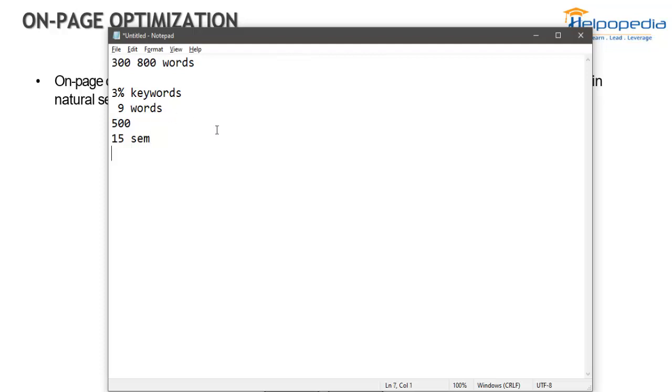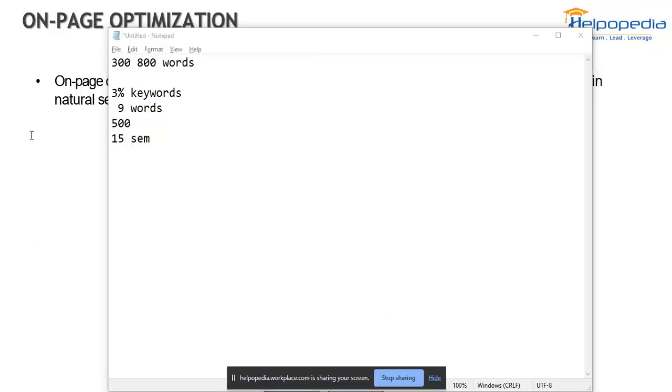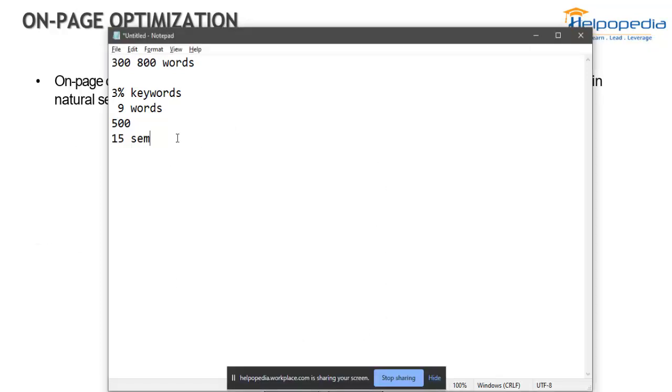Now we also have secondary keywords and tertiary keywords. Like I said, if we are using secondary keywords like email marketing, advertise, whatever keywords we saw over here, how many times are those keywords used? Since it is 3%, we can use them 15 times, or we can use them a little less, because we want to portray our main keyword more number of times.